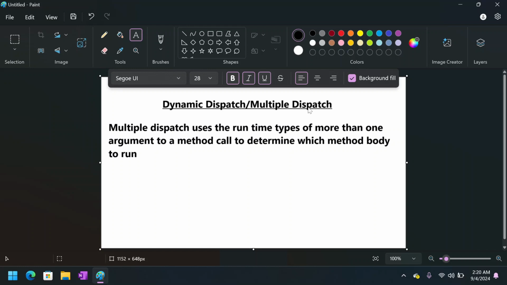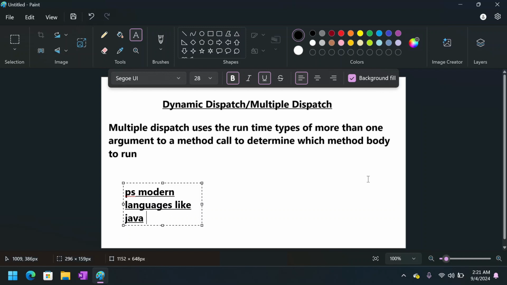According to the definition, this revolves around inheritance and polymorphism. In polymorphism, we have different methods with different arguments. So this deals with that only. But before that, modern languages like Java and Python don't support